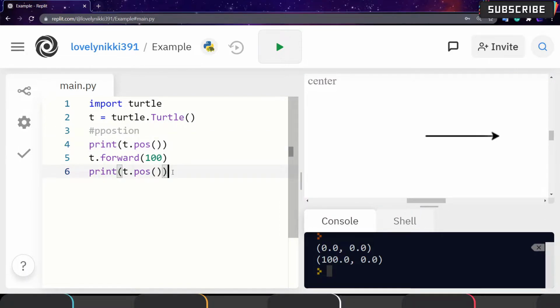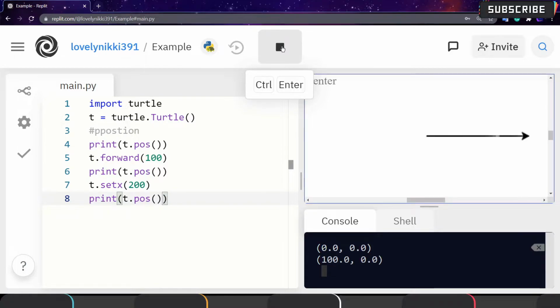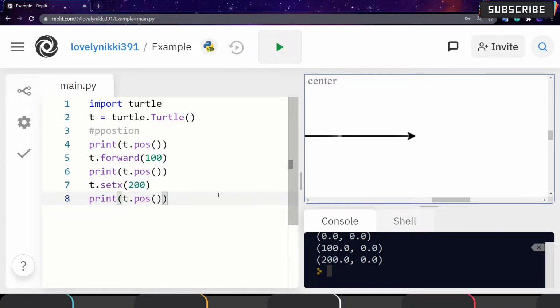Now let's see a different function: the set x function. This function helps you to set the x value. Suppose here the x value is 100, and I want it to be 200. Like this. Then I will print it. You can see it sets the value directly.